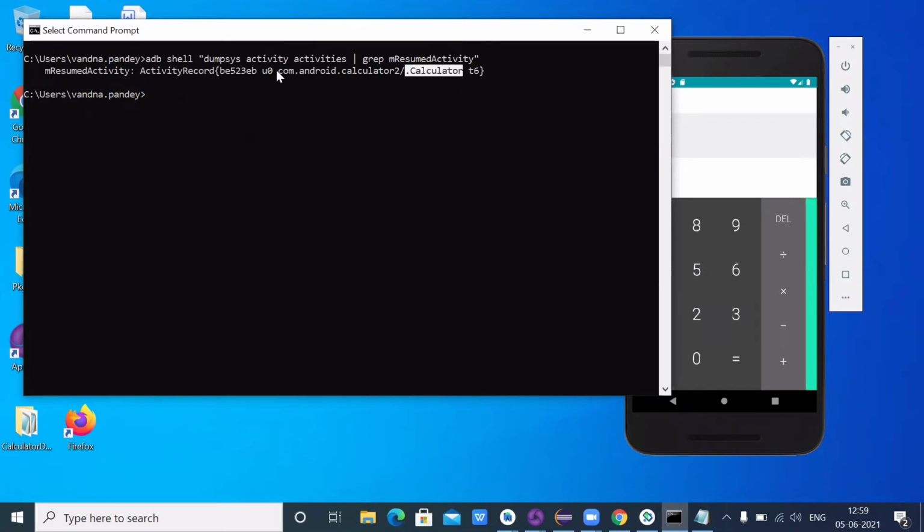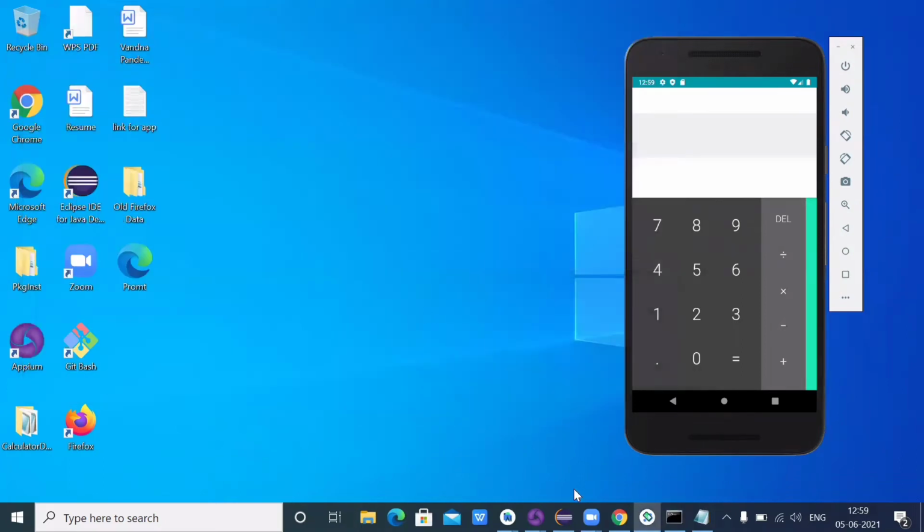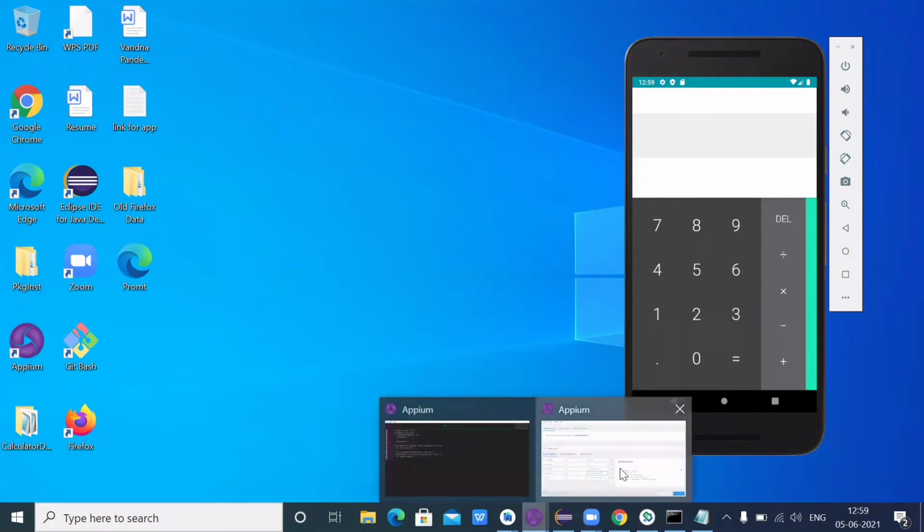app activity. So if you are taking app activity, you need app package and app activity together. In app package you need to provide only the app package. In app activity you need to provide app package plus app activity both. Okay, that is how you can launch this one. So for now, I just added these app package and app activities.